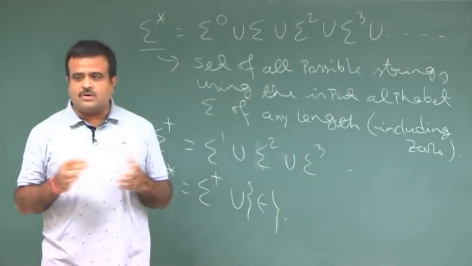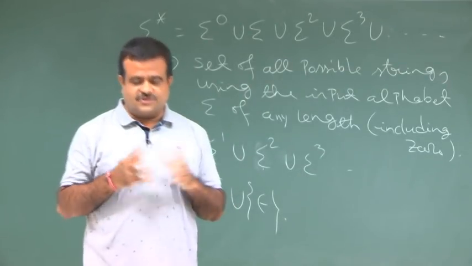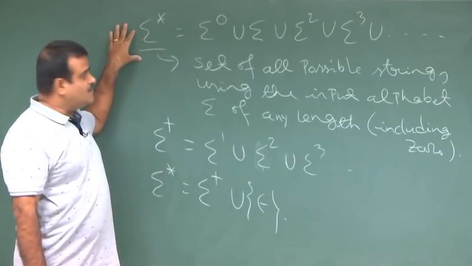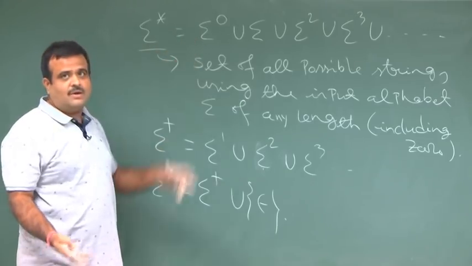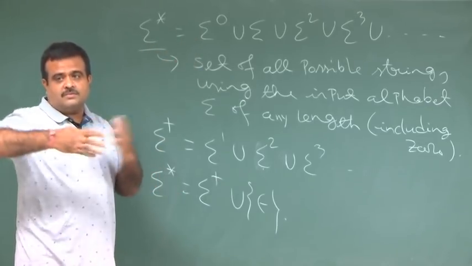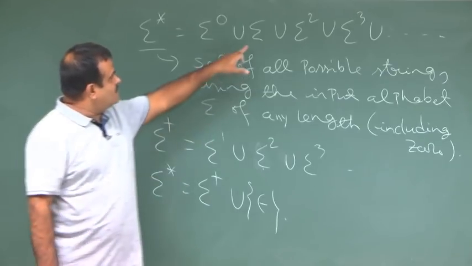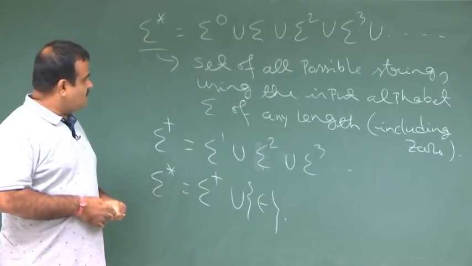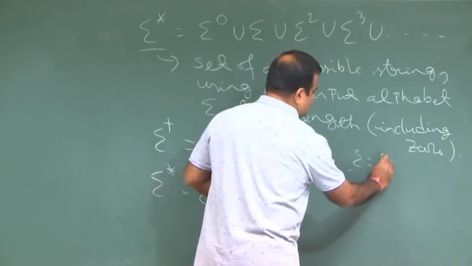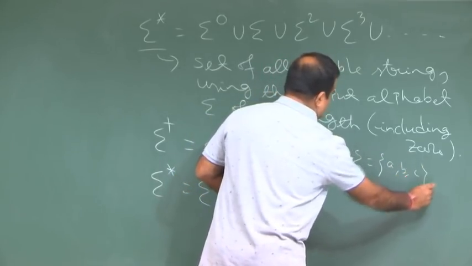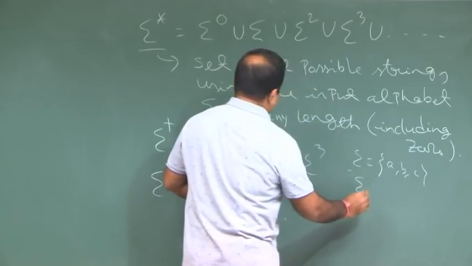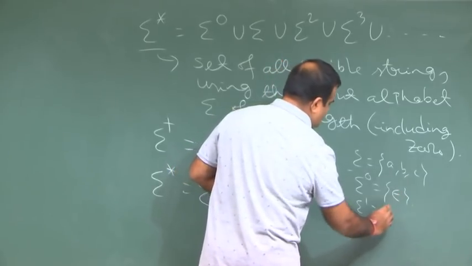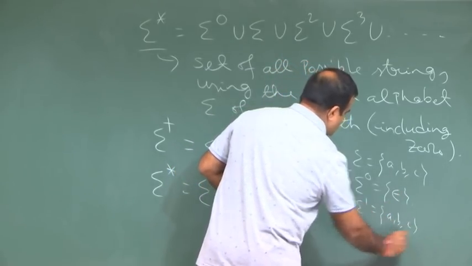Okay, so we are talking about the string of alpha string, which is the collection of all strings, sigma star. Sigma 0 is basically our epsilon, the empty string, so no occurrence of the input alphabet. Sigma square means 2 times. Like if sigma is a b c, then sigma 0 is epsilon, then sigma 1 is this one, a b c, then sigma 2 is